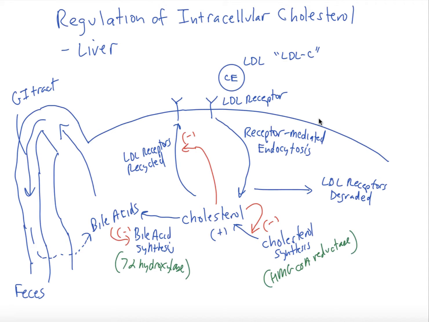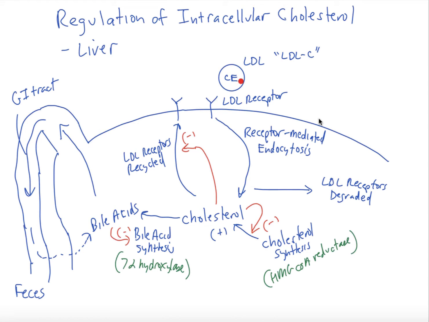We're synthesizing it. There are many steps, but HMG-CoA reductase is the rate-limiting step. And now we have cholesterol inside the liver from de novo synthesis. Now, the other way that I can get cholesterol into the cell is through uptake from circulating LDL cholesterol, or LDL-C. You see this lipoprotein particle is carrying cholesterol esters, and it binds to the LDL receptor, which now causes